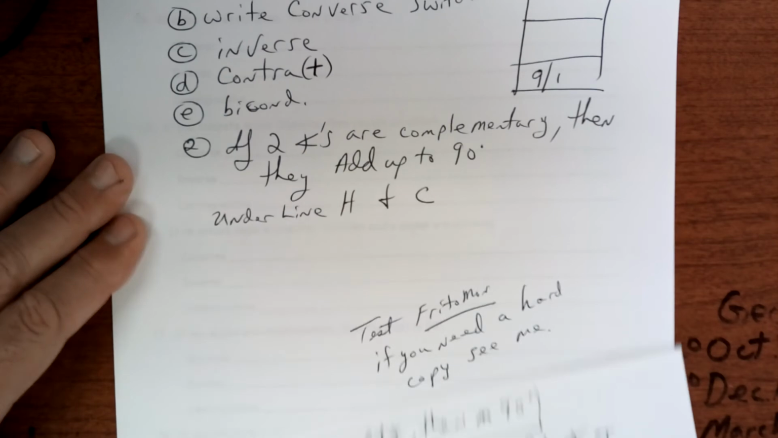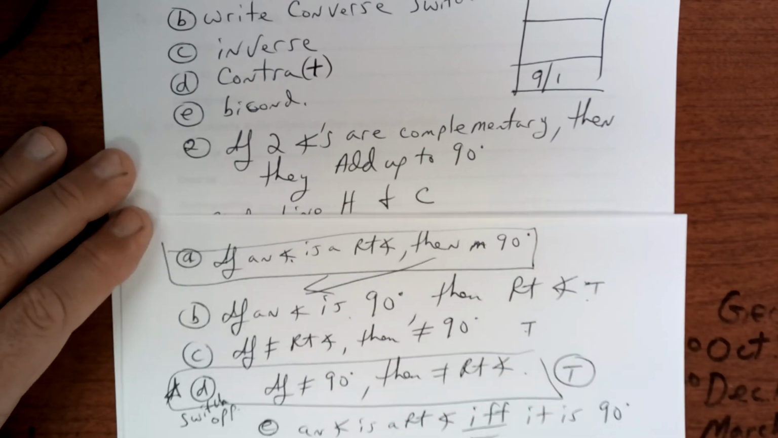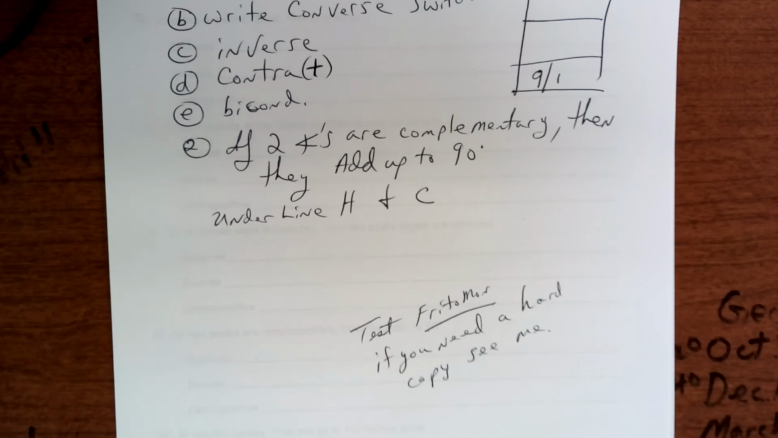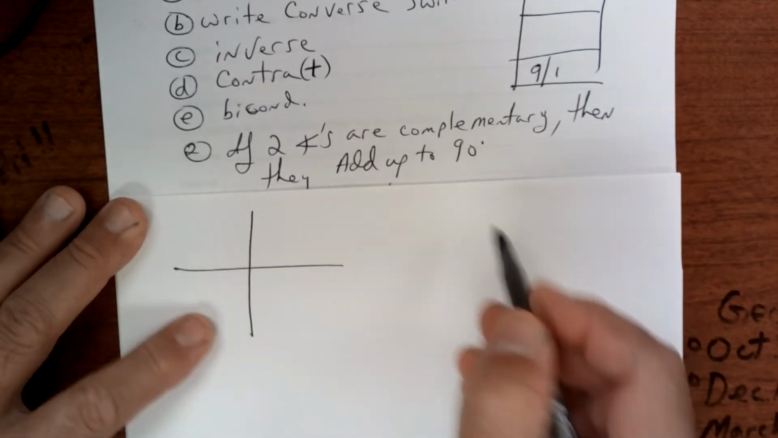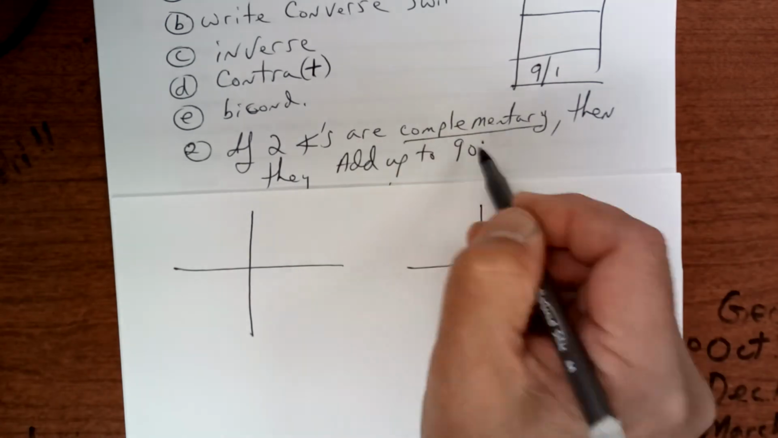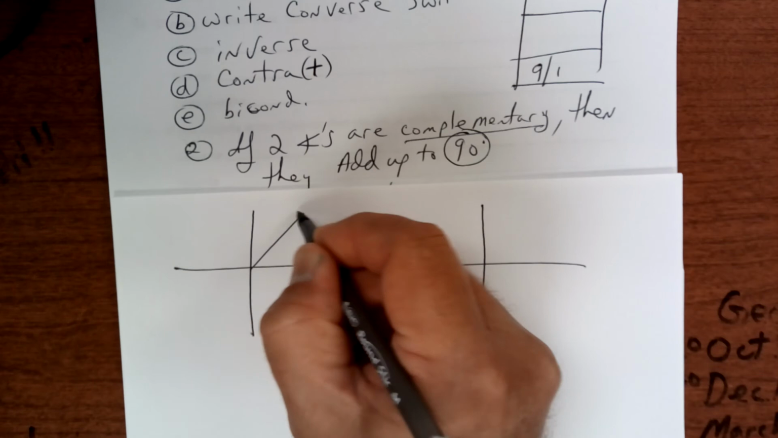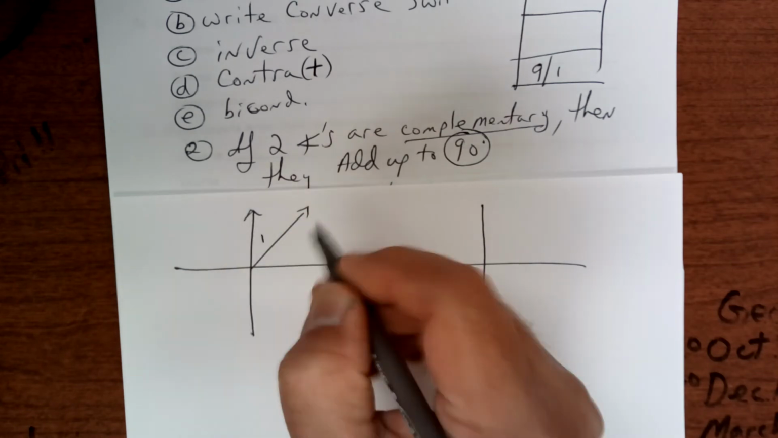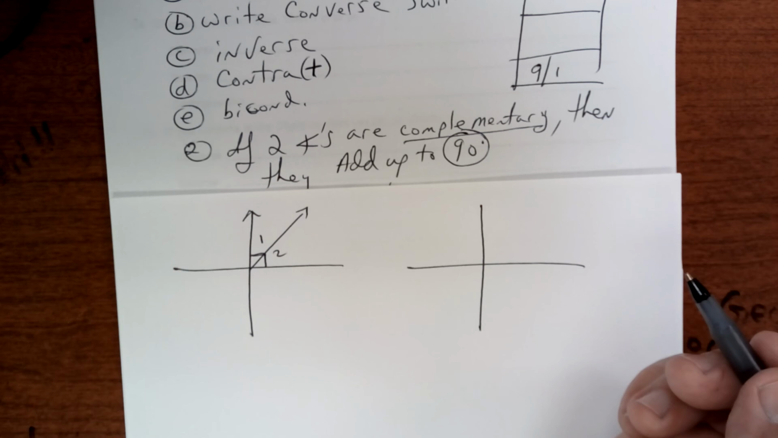This one right here says, if two angles are complementary, then they add up to 90 degrees. Well, I need you to understand something here, and I want you to draw these two diagrams. Okay, so complementary is 90 degrees. That's true. So that would be like this angle here, angle 1 plus angle 2 would add up to 90 degrees. That's complementary. Supplementary,